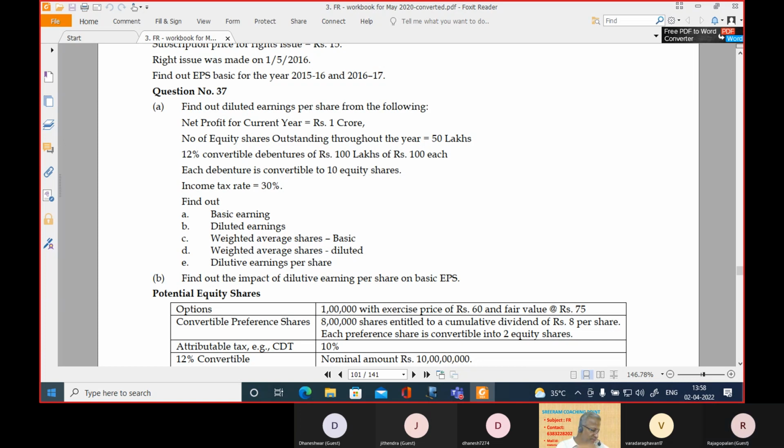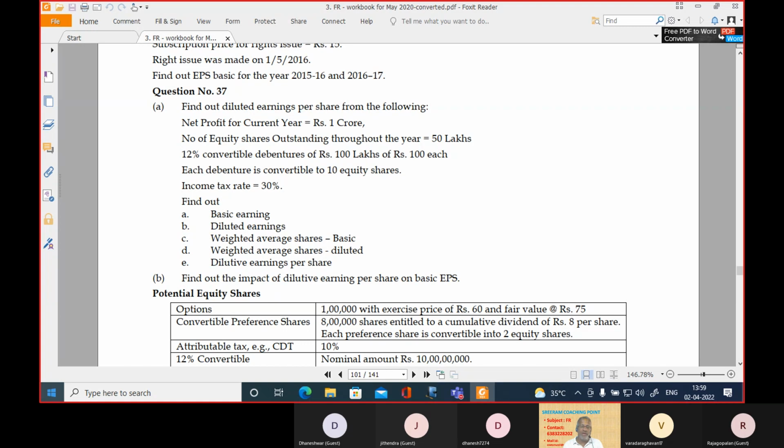And in that process, you would also be having an effective rate of interest to be used. So whatever figure is apparently taken up as preference dividend may not be the figure that in the P&L account we would be debiting. We will find out the effective interest rate, and accordingly we debit. That sort of work we have already done. So if such is the case, when you have preference share capital considered as a liability, and when they give you net profit for the current year, should that preference dividend